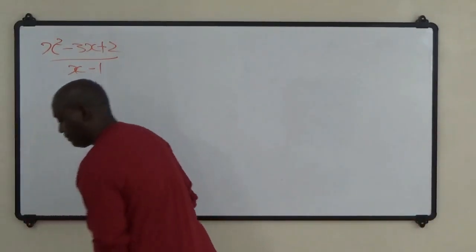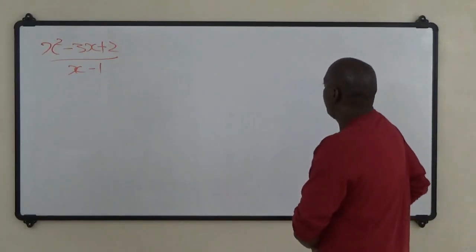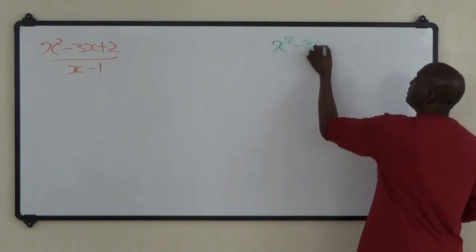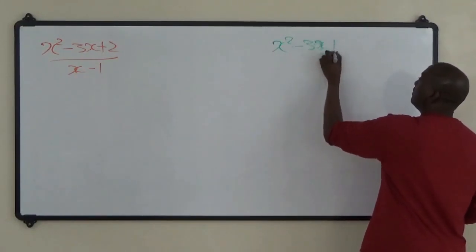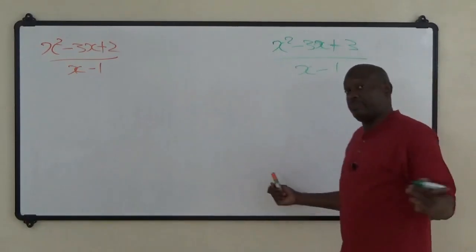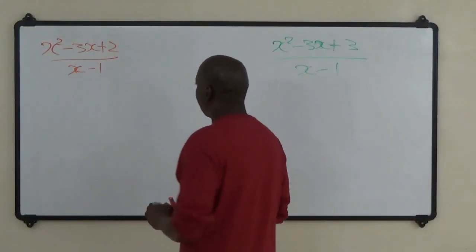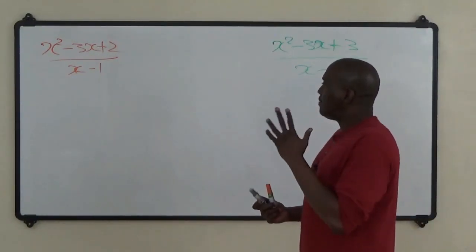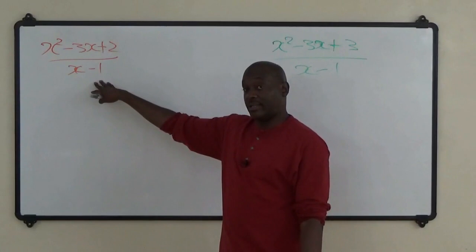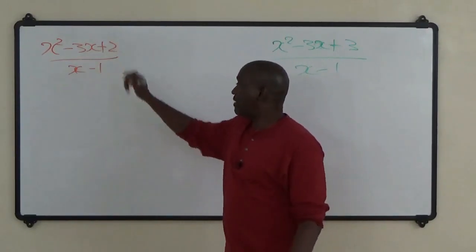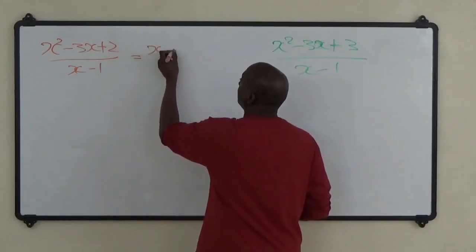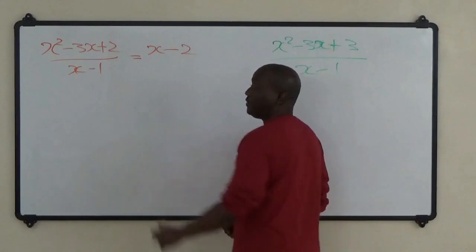In green over here, we have x squared minus 3x plus 3 divided by x minus 1. Remember, dividend divided by divisor. Now, if I tell you that the answer for this is x minus 2, if you were paying attention